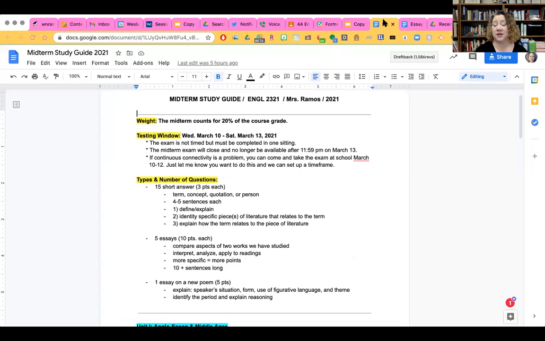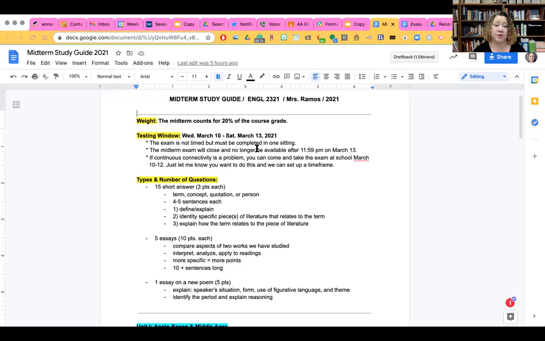It is not timed, so you can take as long as you need to, but you have to complete it in one sitting. In other words, you can't save it and come back to it tomorrow. It won't let you do that. It'll just submit and you'll have a whole bunch of unanswered questions. So give yourself an open-ended time frame. If you start at 10 and you have a class at 12:30, I think you might be pressed for finishing. Give yourself a time when it doesn't matter when you finish, is what I'm saying.